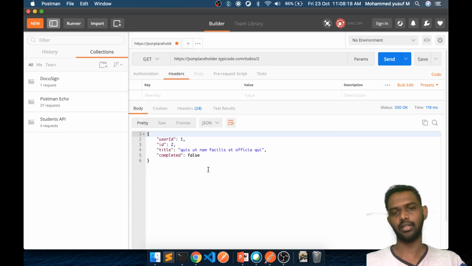So the point is, HTTP GET is a simple method of retrieving something from the server, and it can be executed by a browser for a simple request. If you want to add more details, we need to use a tool like Postman or curl. This is how the request goes, and this is how the response comes. That is the very basics of a GET request.